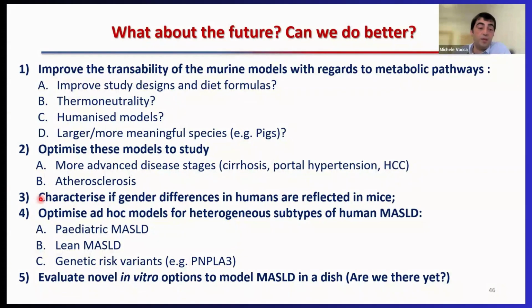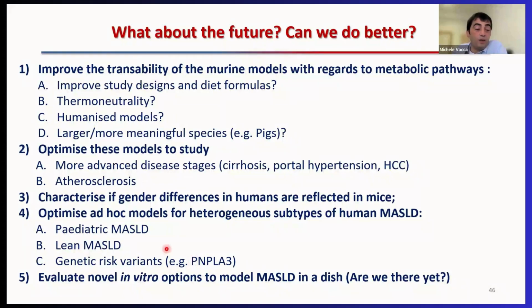We didn't have the capability to look into gender differences because of the magnitude of the comparisons that we had. But of course, this is extremely important because we know that from a metabolic perspective and from a liver disease progression perspective, males and females do not behave the same. And there is an opportunity to optimize some ad hoc models for heterogeneous subtypes of human MASLD, like pediatric, lean MASLD, and or genetic variants like